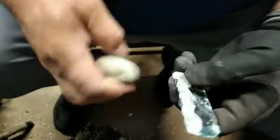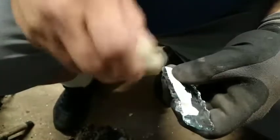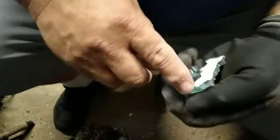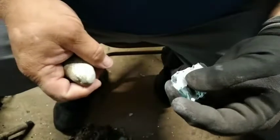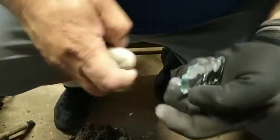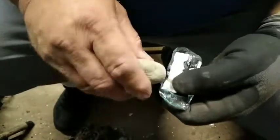Got another low spot here. I like the white paint when it comes off. You can actually see the flake fall off. Let's lower that down a little bit. That one didn't go as good, but we can come back to it. And I'm actually pinching a little bit to keep them flakes together. Now we need to...